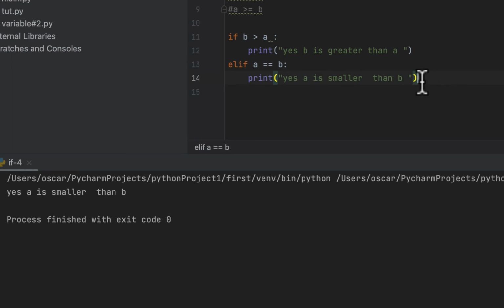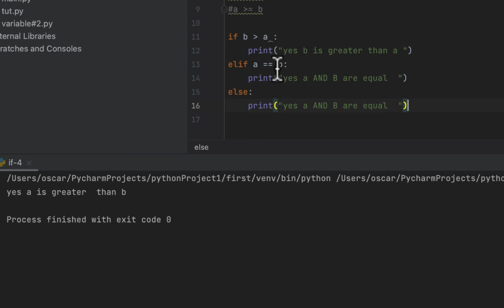Then I say if else, other condition is true, do this one. If none of these conditions is true, let me do certain things. Like in this case, I want to know what will be executed. So if A, then else, then I'm going to print out: if B is greater than A, which is not, so it's going to